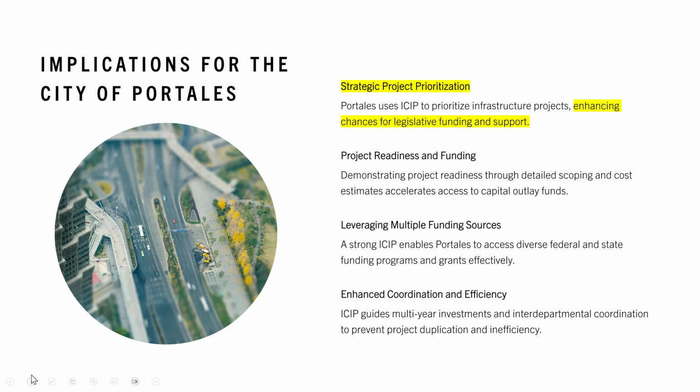Obviously, our city uses ICIP to prioritize infrastructure projects, enhancing chances for legislative funding and support. It's not enough just to throw these on a list and say these are important to us, or we're going to go get them. There's a very strategic approach to doing this, and we'll talk about the strategy and the tactics of getting some of these a little bit later. But if you are familiar with that trifold, we take a lot of pride in that little trifold, even though it took a couple of times to get it. But we put some things in that trifold, somewhere to the tune of $750,000 and somewhere to the tune of about $150,000. That was a strategic approach of kind of fishing in different ponds to see where we could get something to bite.